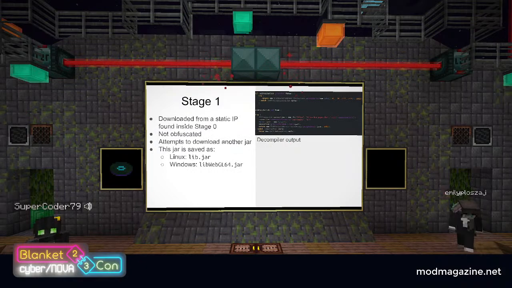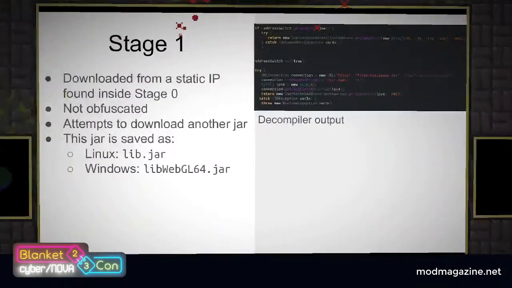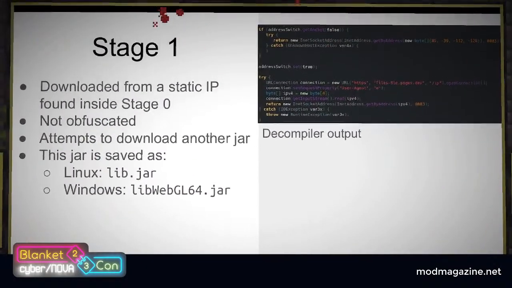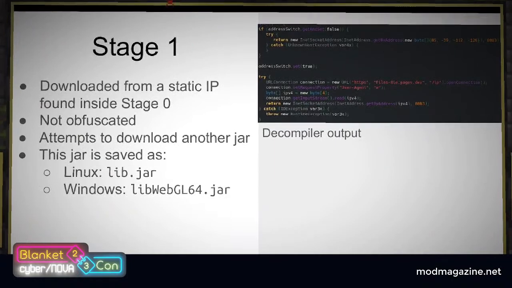Stage 1, the way that it's retrieved by the preceding stage 0, is never actually saved onto your system. It's downloaded, executed, and garbage collected, all without leaving a trace. On June 6th, when we were first looking into this, the static IP that served stage 1 data was still up and active. Using other means of downloading, such as curl, allows you to download the file and put it on your disk, making it easier to reverse engineer.